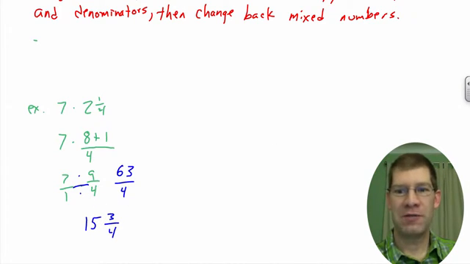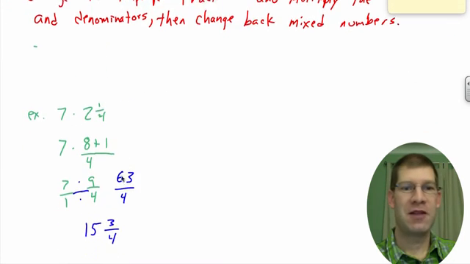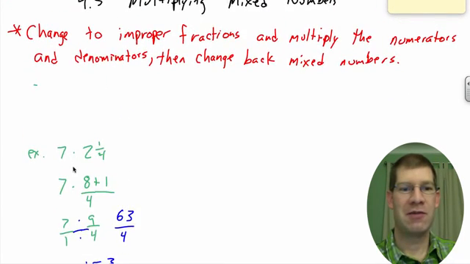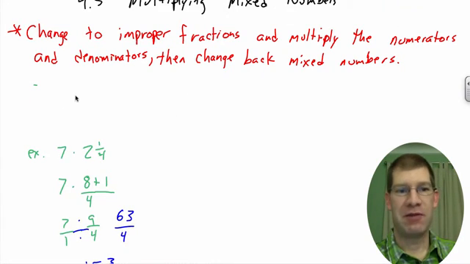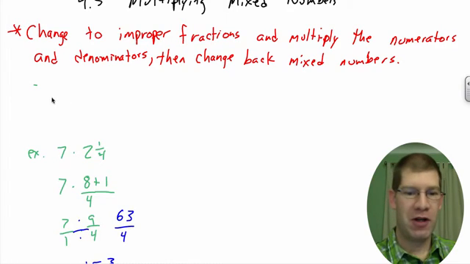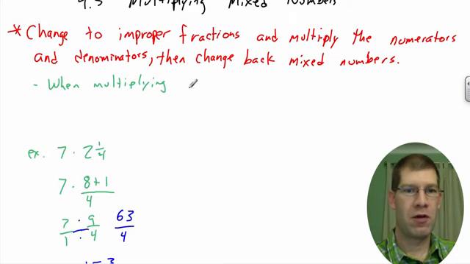So that's one way to do it. And that's going to be the way that you do it whenever you have a fraction times a fraction. Computer's going a little screwy there. But let's say we have the exceptional case here where we have a number times a mixed number. What you could do there if you wanted to, I'll indent to say, when multiplying a number times a mixed number,